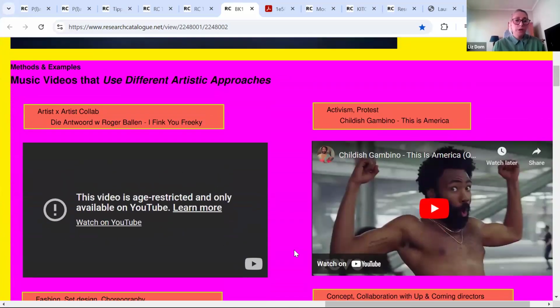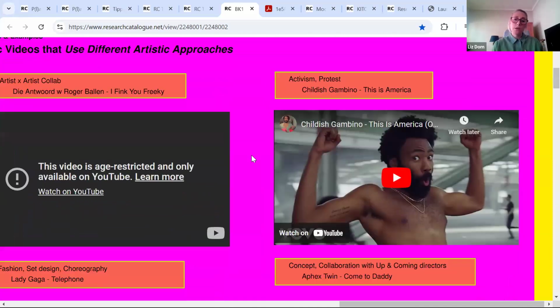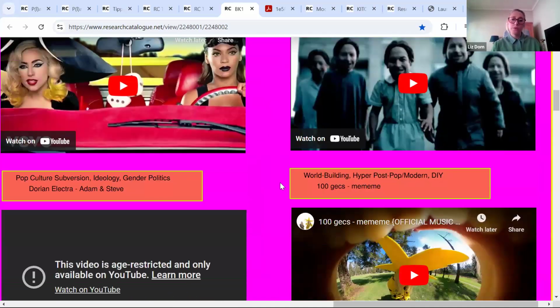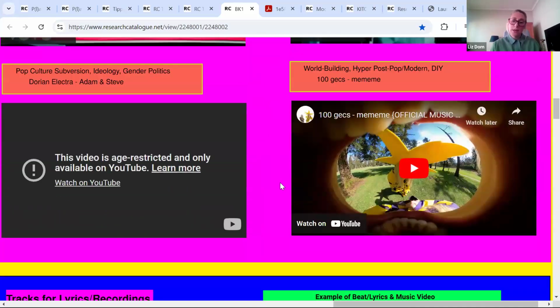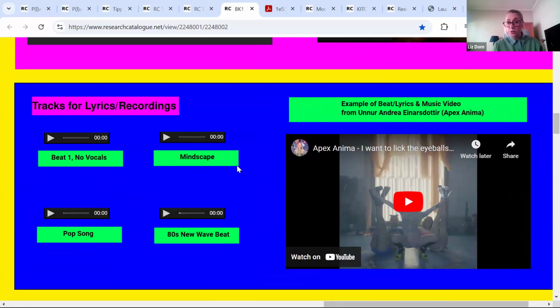However, we also listed some music videos, examples using different artistic approaches. So once again, it was brilliant that YouTube could be integrated into this platform. So we just gave these examples for students to have a look at. What could they do aesthetically, visually, musically, all of this. Then they also created their own tracks to use in the music videos. So as the course developed, we started just putting it back inside the research catalog. So we were almost building the knowledge and the artistic creation as we were going along.